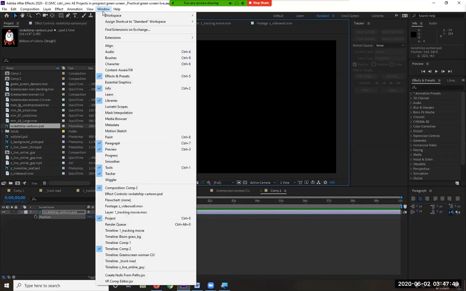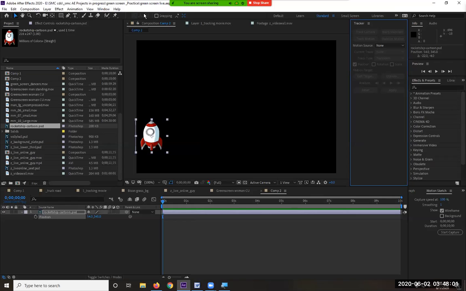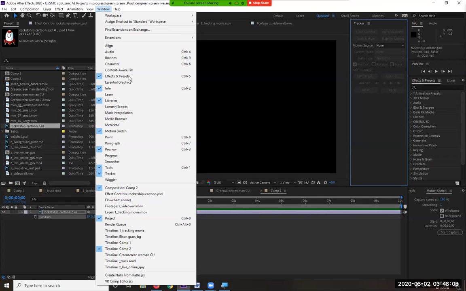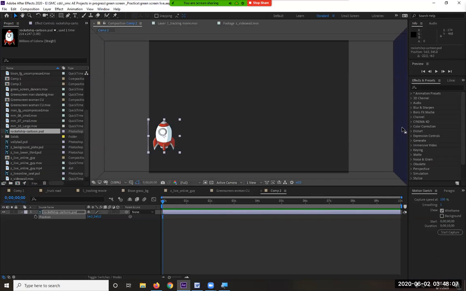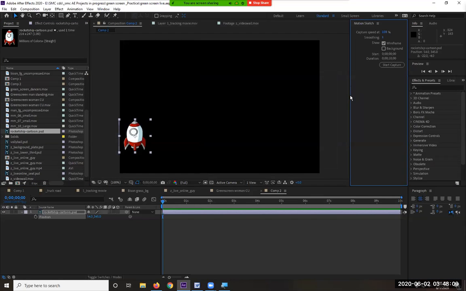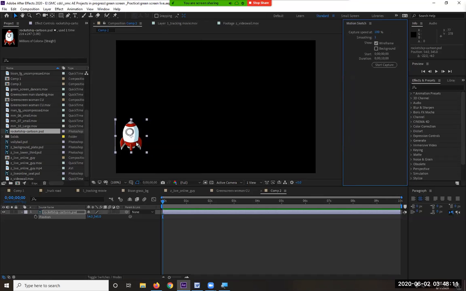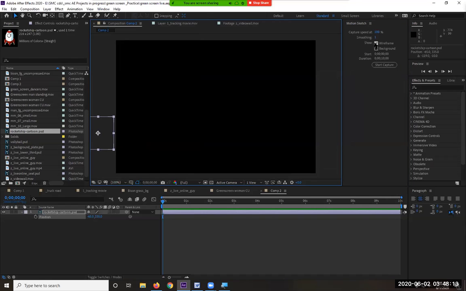Under Windows, where's my motion sketch? Here we go. There's a new thing here called motion sketch, and I'm going to close tracker and bring motion sketch up alongside the screen here so we can all see it. Motion sketch is a way of animating things very quickly. By hitting start capture,